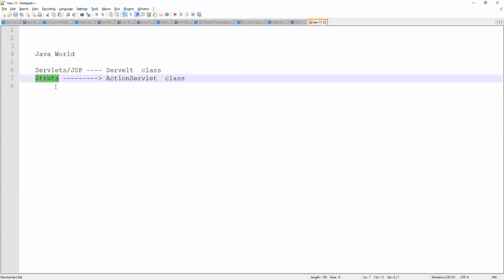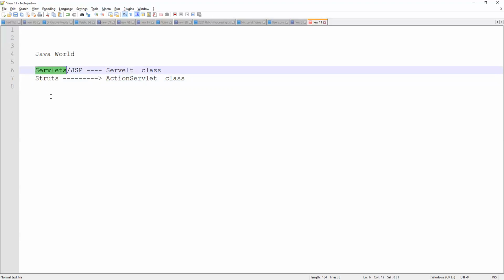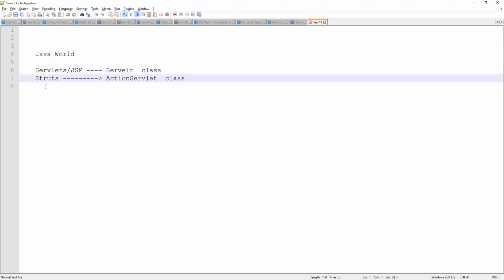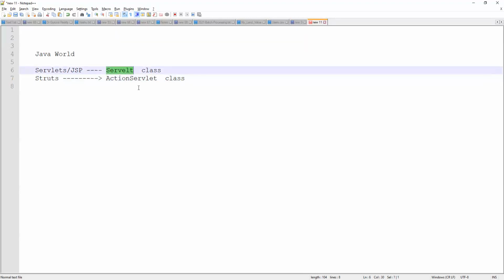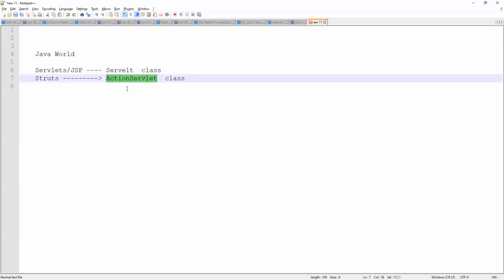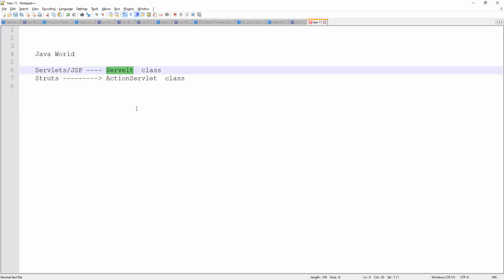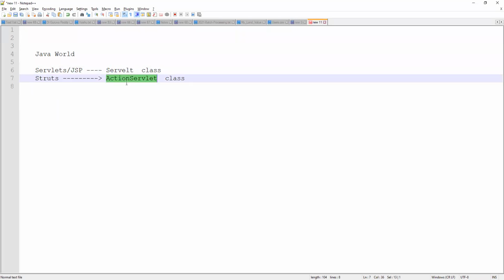A Struts application is nothing but your Java web application. In the Java web application we had servlets in the initial days, and later Struts came into the picture, on top of servlet only. They did not give it the same name, because it would confuse the end users or consumers, so they named it ActionServlet, which is internally wrapped on top of servlet technology. Servlet is the base technology. So what will ActionServlet do? It has an execute method.